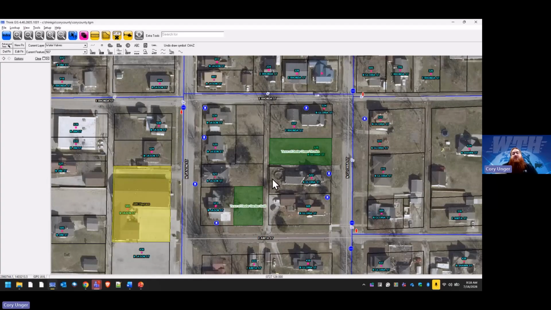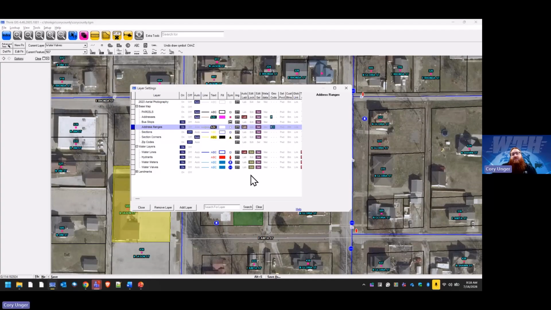So it's already locked the layer for editing, and you'll see here that our water lines are locked. So that's another way that the map will automatically lock layers for you to be able to edit that data for you. So that's something you want to watch out for, because if I wanted to move this valve right now,